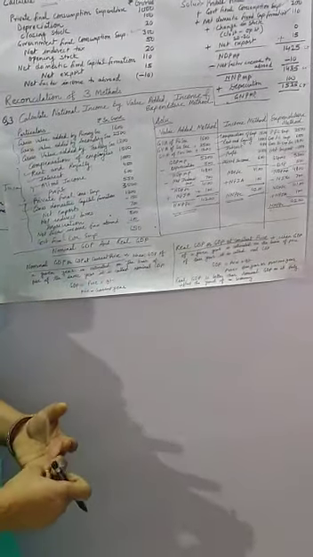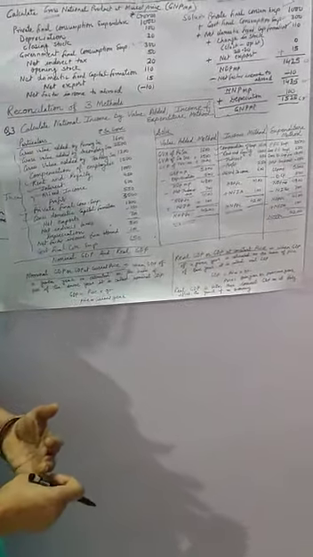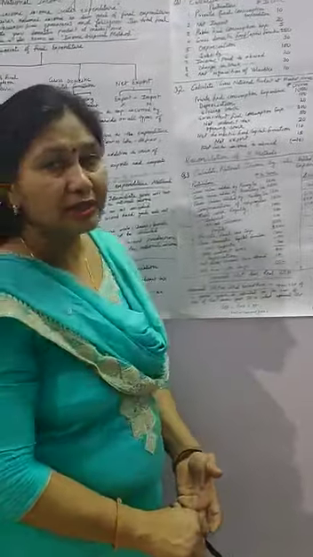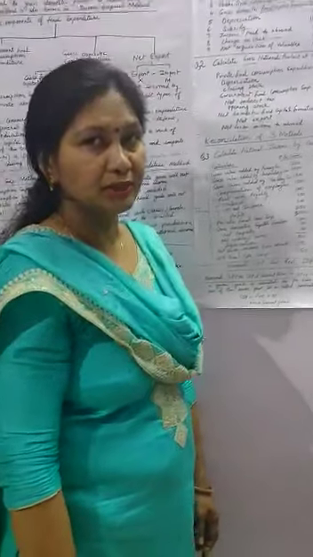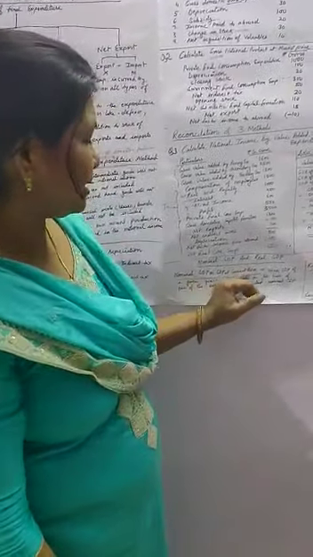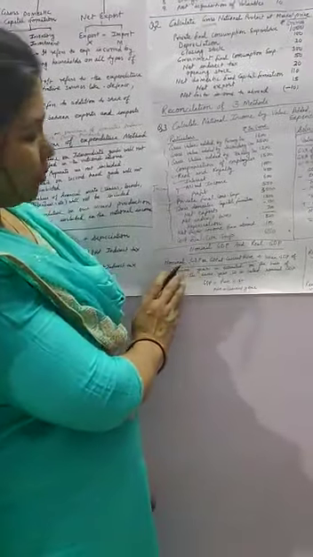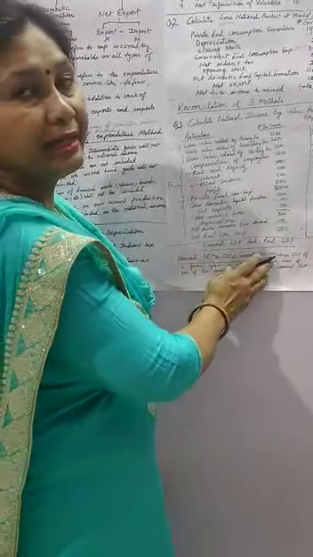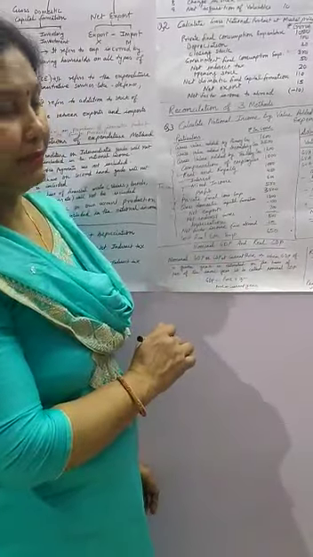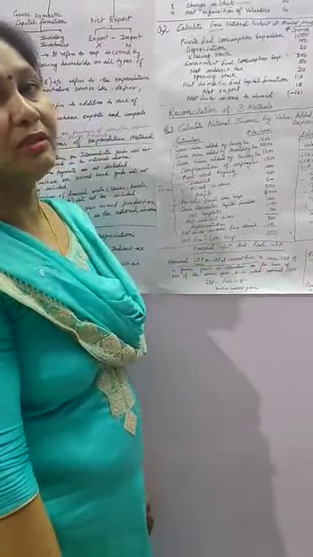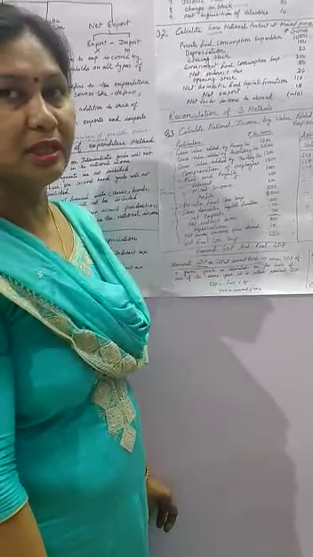National income is also known as national income at current price and national income at constant price. Now what is national income at current price and constant price? National income at current price is also known as nominal GDP, or GDP at current price. Now what is nominal GDP? GDP, you know, means gross domestic product. This is the total value of final goods and services produced in our economy.